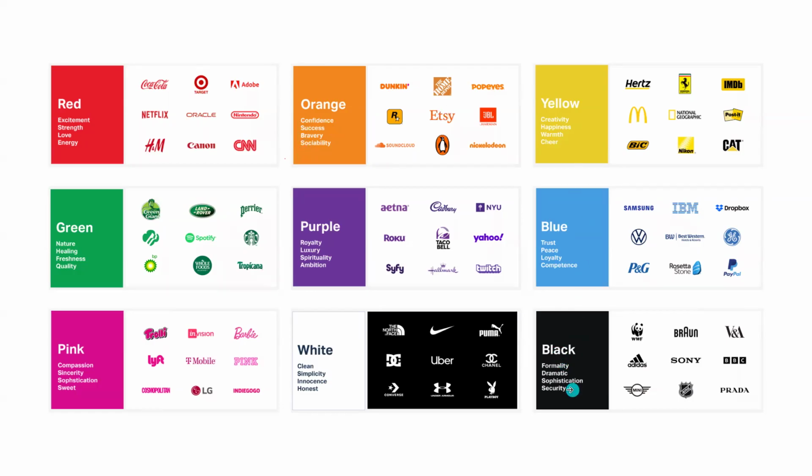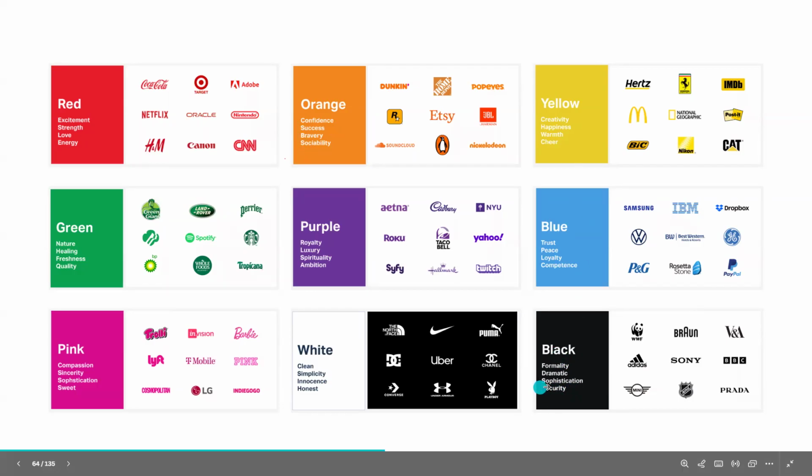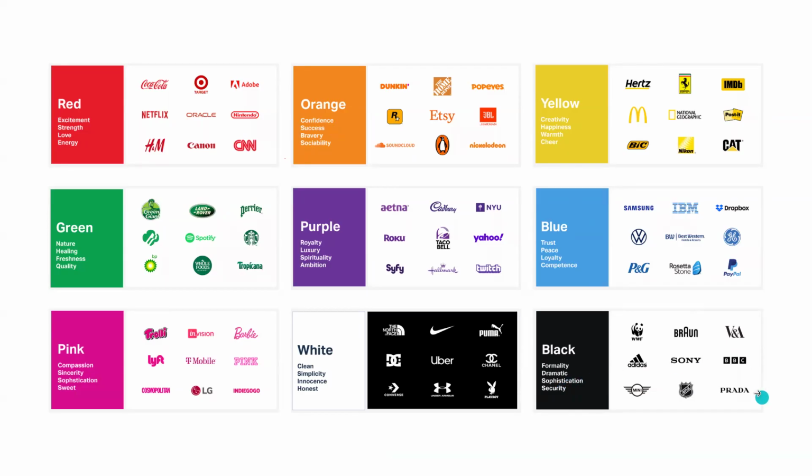Also black, sophistication, right? If you look at Prada, it's a very big fashion brand. They use black and white color to create sophistication. So this is how color psychology works.